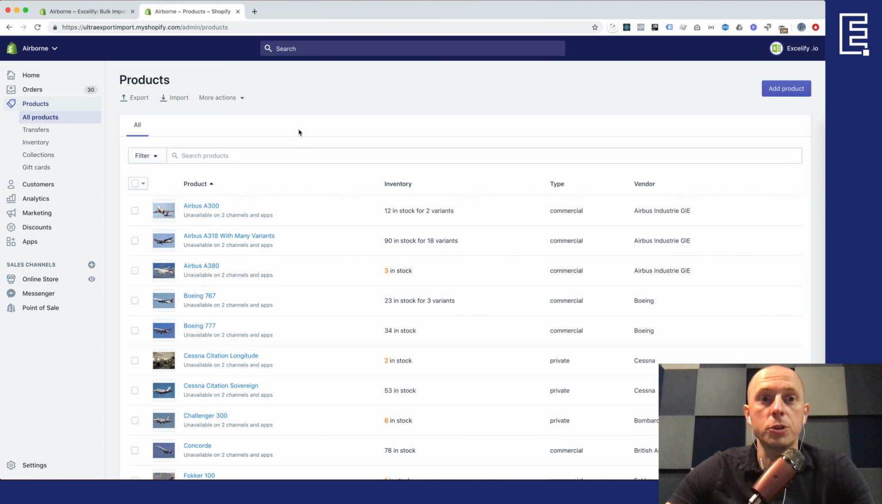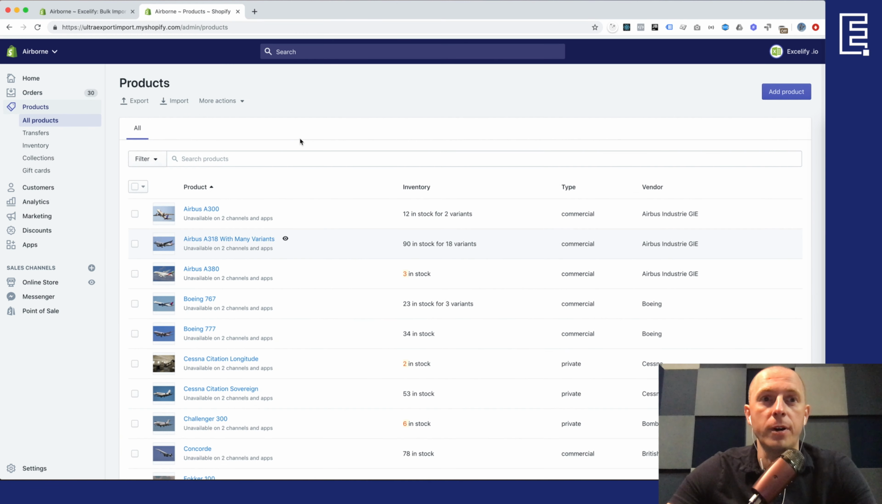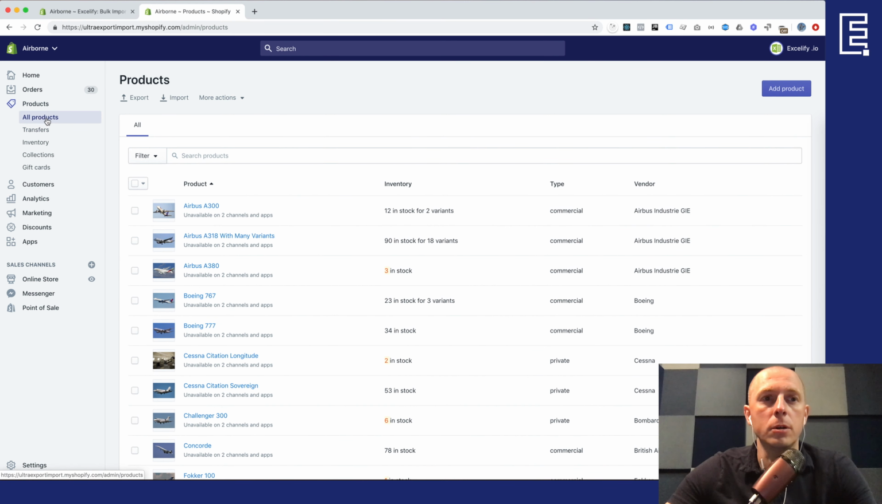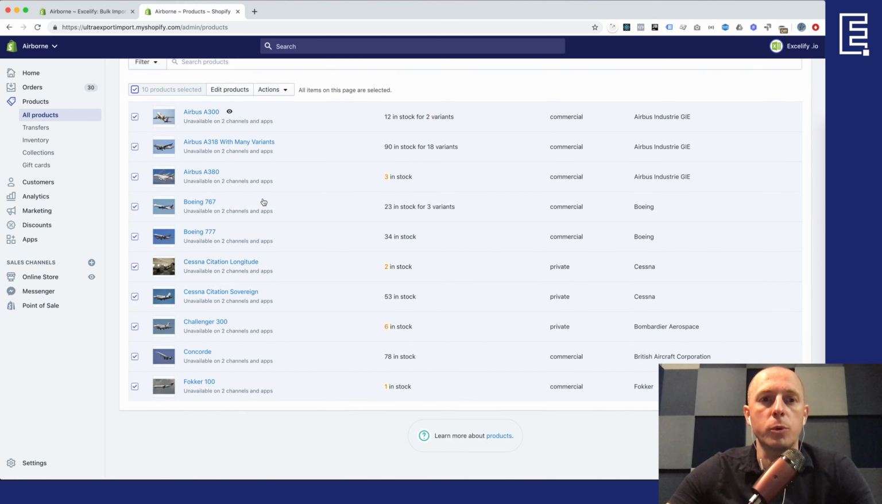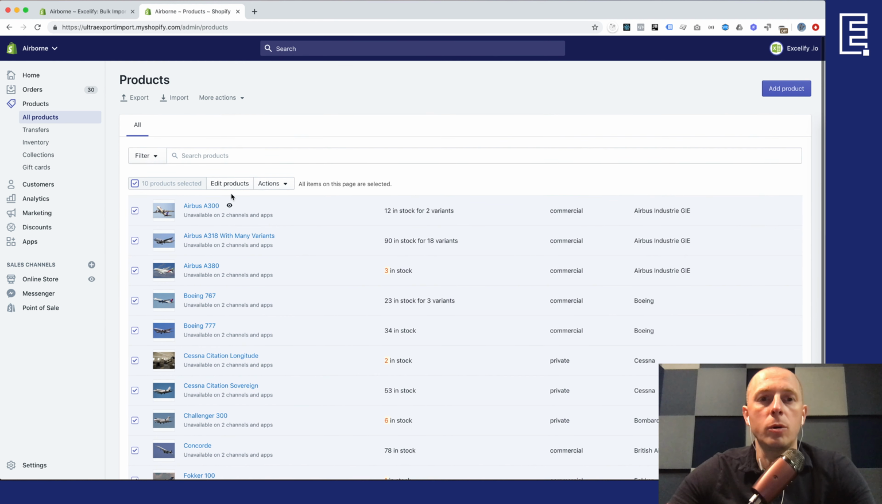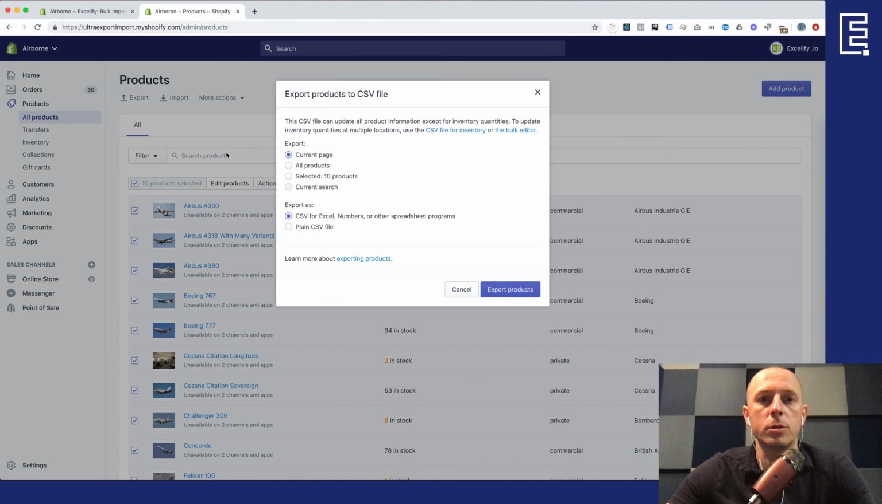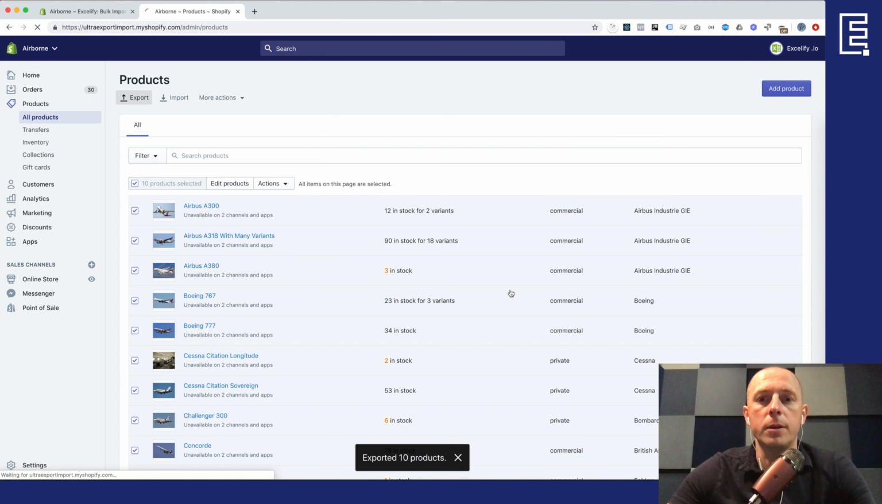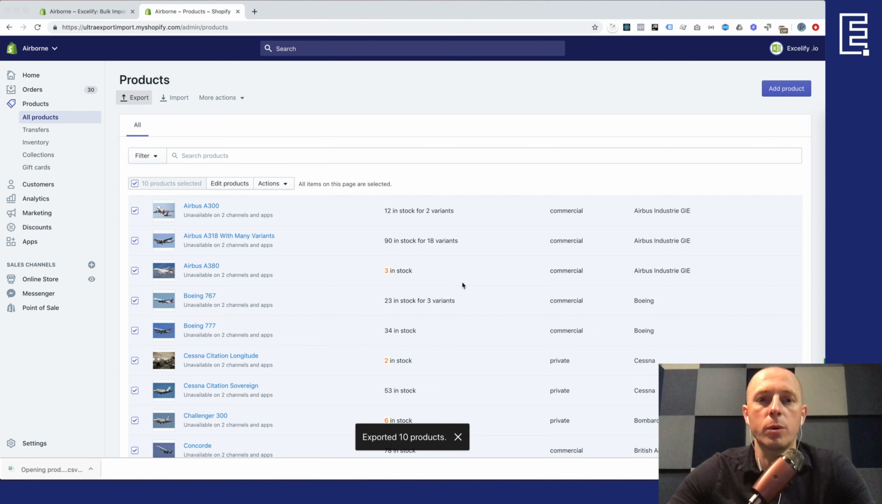Now I will show you how to export products from Shopify store to a file. By default, your Shopify admin has this product section where you can export all the products. I have some sample products here. You can select them all and do the export to the CSV format, and then it allows you to download these products and work with the CSV files